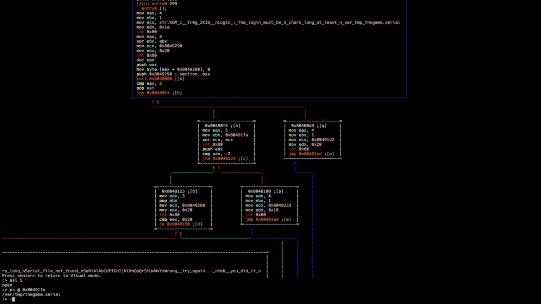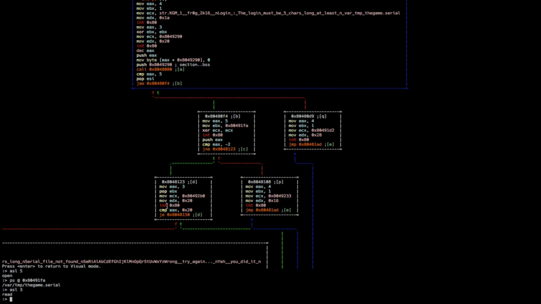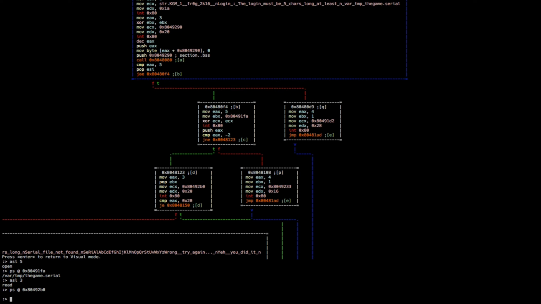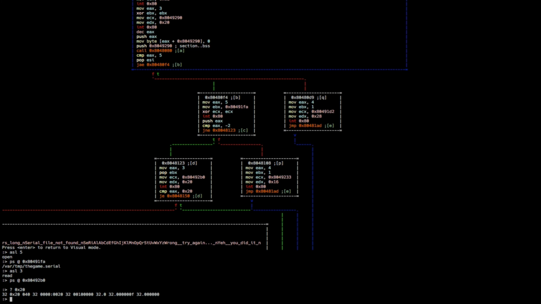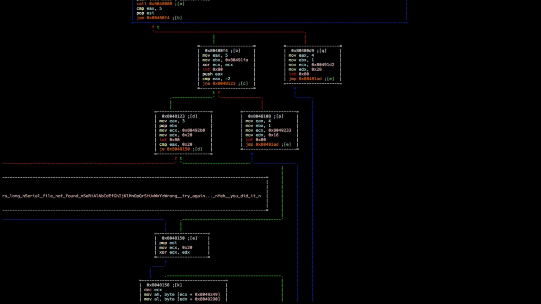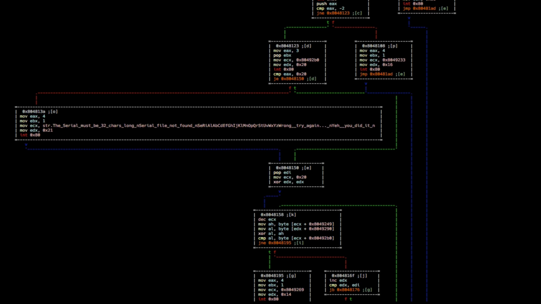syscall 3, which is a read. I'm basically going to read the contents of the file into the empty address there, and then we're going to see if we've read 0x20 or 32 characters. So this is our length check to make sure that we have 32 characters in the serial. If we haven't, we end up in here where we do a write of "this serial must be 32 characters long," and we do the interrupt, we come out, and